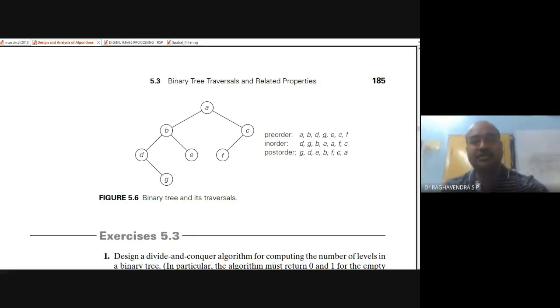Yes, dear students. Today we have completed binary search and binary tree traversals. So I'm going to stop today's class here. In the next class, I am going to take multiplication of large integers. If we complete multiplication of large integers, maybe the second module will be over. If you have any queries, you can ask me now. Okay, you don't have any queries.